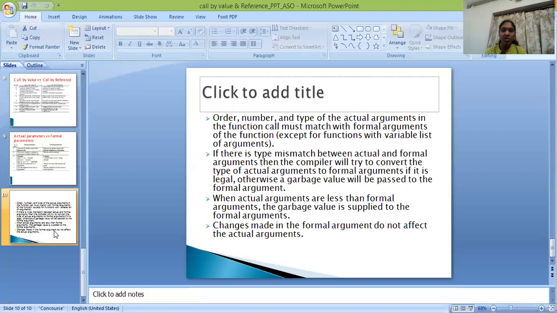When actual arguments are fewer than formal arguments, a garbage value is supplied to the formal arguments. Changes made in the formal arguments do not affect the actual arguments. These are all the differences between actual parameters and formal parameters.